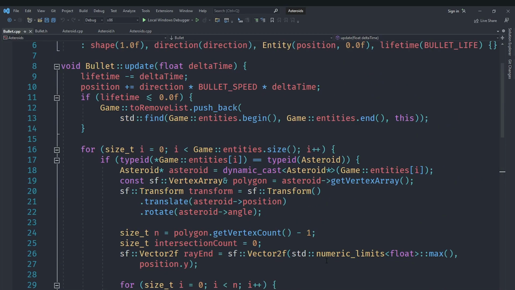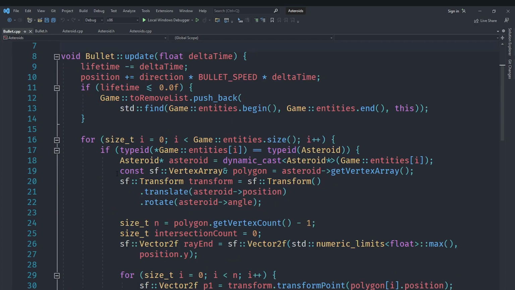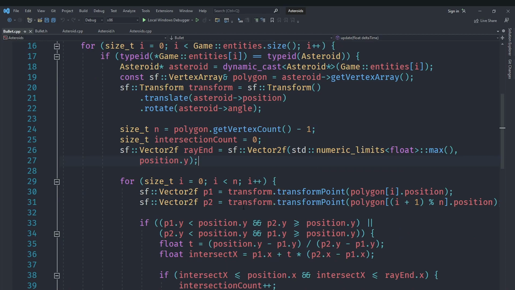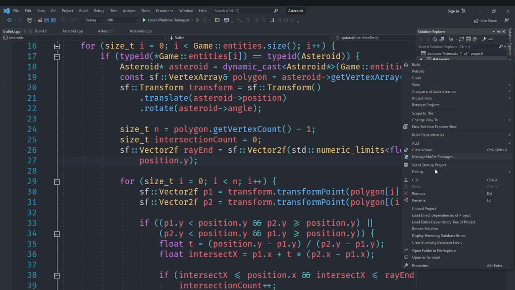This is another episode of the Asteroids game in C++ series, and in this video we are going to use our system of intersection between our bullet and asteroid and refine it further, and we are also going to refactor our code. So we'll first of all begin with the refactoring process, because we are going to have a bunch of different functions for intersecting between points and polygons and stuff like that. So for this reason I'm going to create a separate